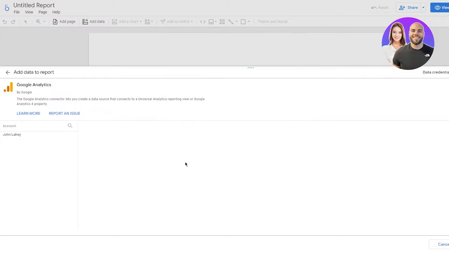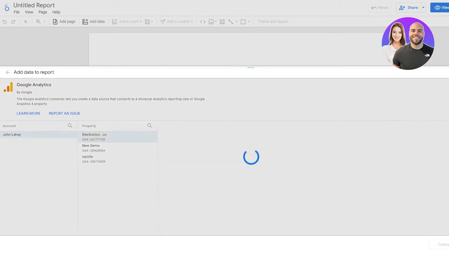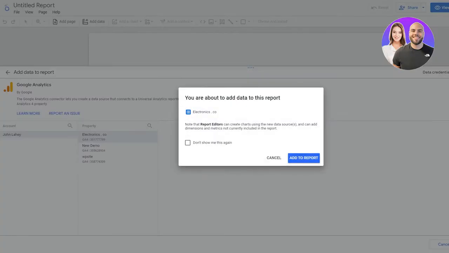Okay, and once you authorize your Google Analytics account, obviously you're going to choose the account, and then you're going to choose the proper property. Okay, now I'm going to go with this. This is a store of mine, and today we're going to use Google's GA4 or Google Analytics 4 property, and I'm going to go ahead and click on add. Now once you do that, when you create your report, once we're happy, we just need to click add